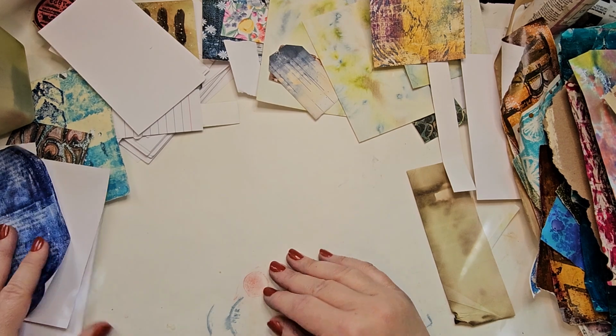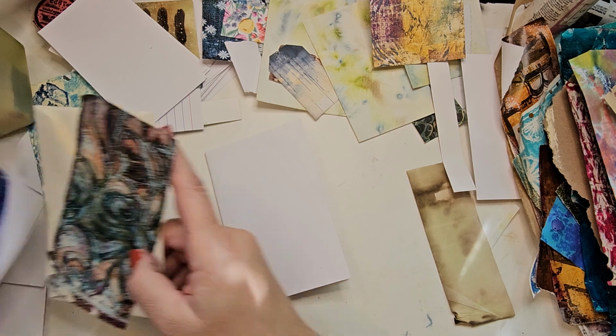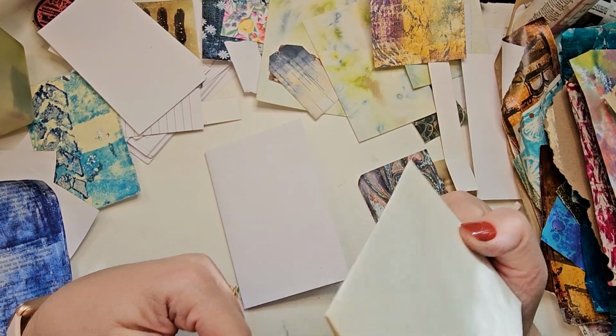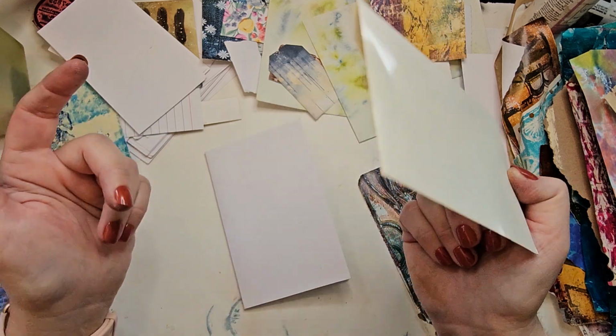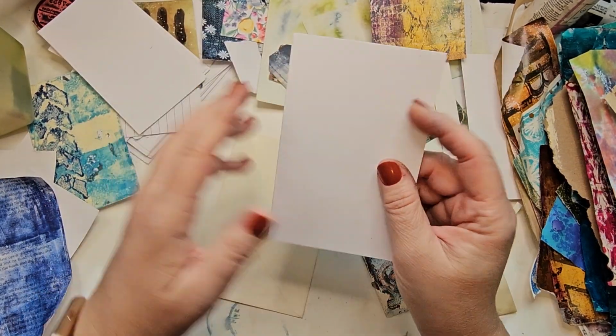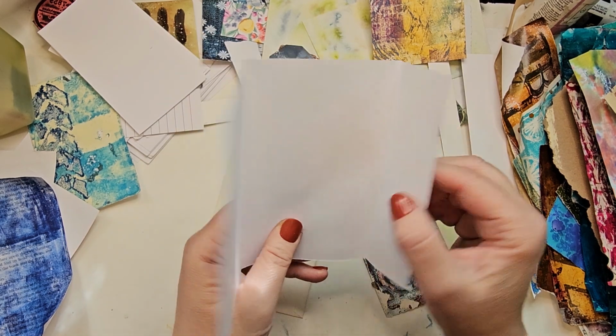This is Darcy's Misadventures with Mixed Media, and today I want to make some cards, and these cards are based size-wise on the size envelope I have. So if you want to make cards, see what envelopes you have, or make them any size and make your own envelopes. So I've already cut them down to the size, and I've left a little bit of flap here,